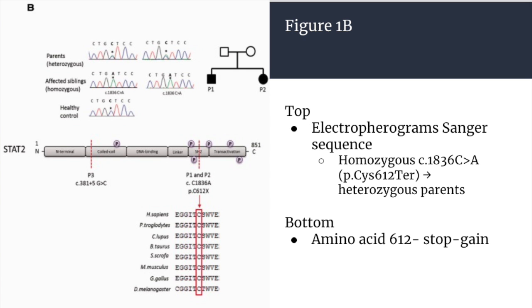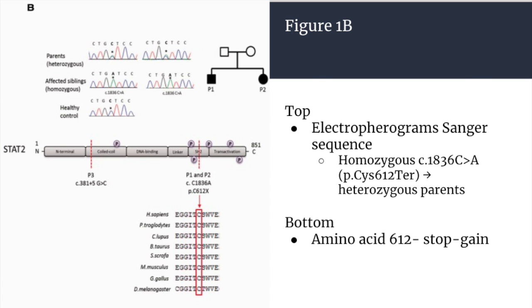The top of Figure 1b shows electropherograms showing Sanger sequence, a method of DNA sequencing. It confirms that the novel homozygous stop-gain mutation located within the SH2 domain of STAT2 in whole exome sequences in patients 1 and 2 is heterozygous in both parents. The bottom of the figure indicates that the mutation prompts a stop-gain at the amino acid position 612 and the